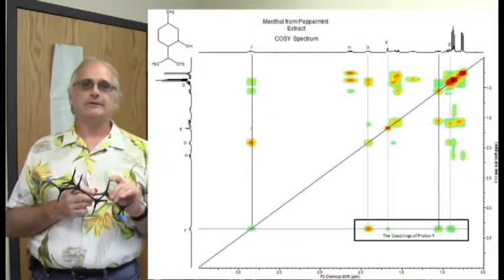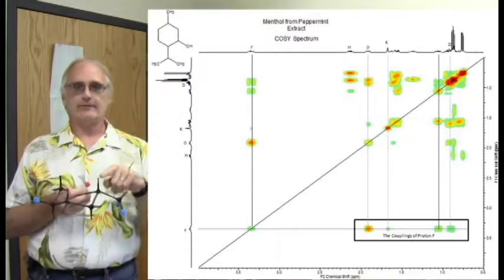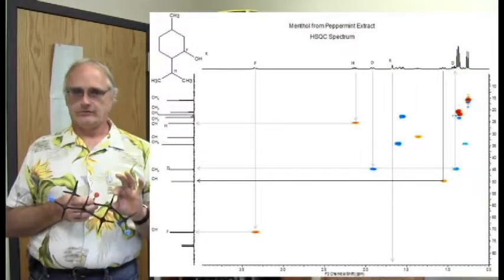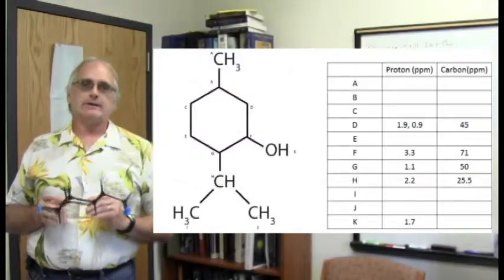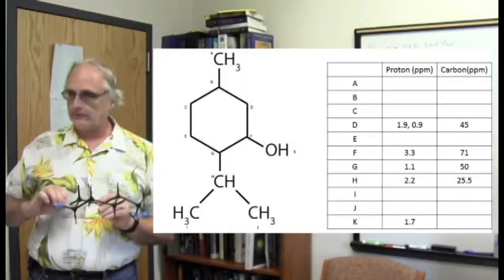And sure enough, if we go to the HSQC from the COSY, which gives us the last correspondence here, we now know the carbon of position G. So we're getting our way through the molecule. Now at this point, when I can, I usually like to try to confirm things, just to make sure I'm